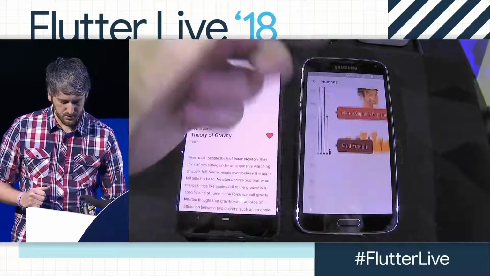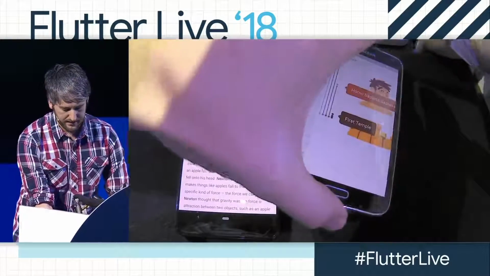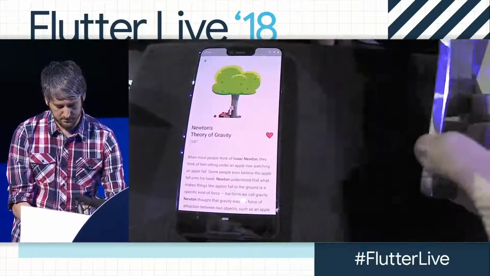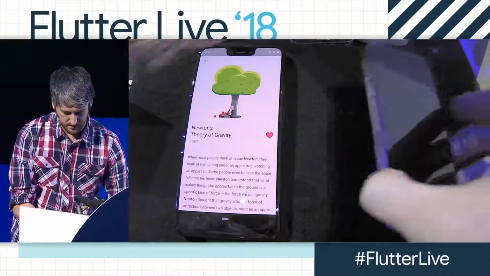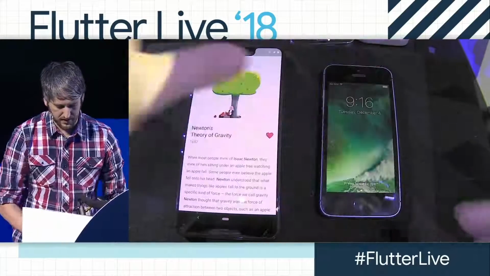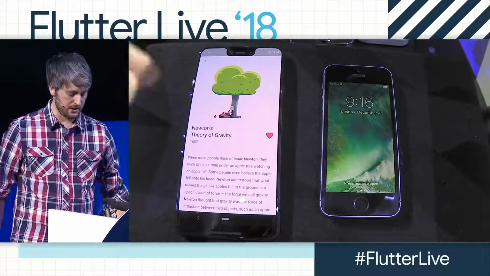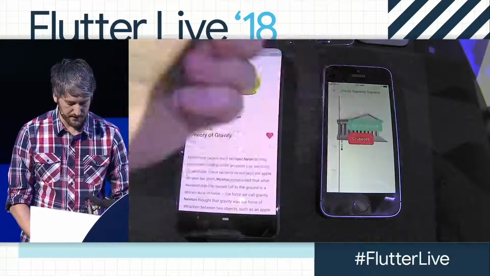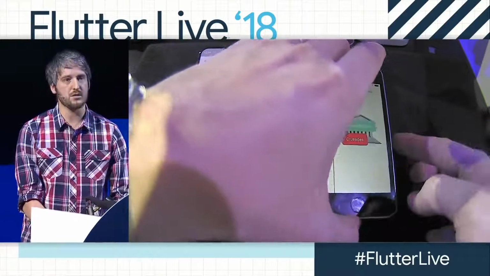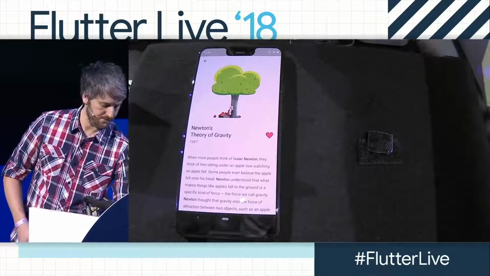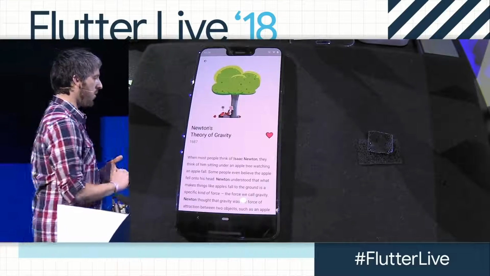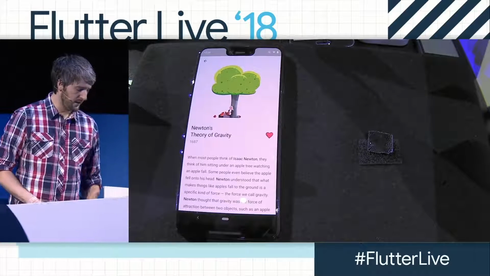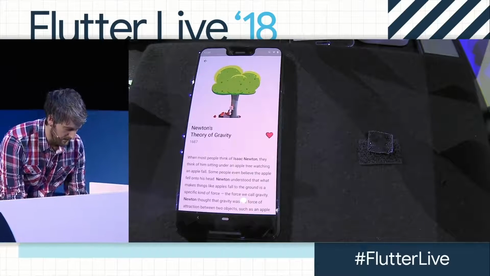And as you can see, it works just fine. And here we have an iPhone from 2013, so 5 years ago. And again, it runs just fine, right? So it's not just the modern phones. OK, if we go to the computer screen,